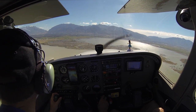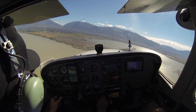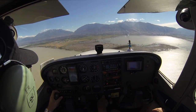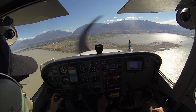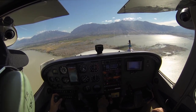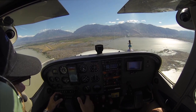Provo Tower, Cessna 9059er Sierra Papa, entering left base for runway 31 now. Sierra Papa, runway 31, cleared to land. Winds 120, or correction, winds 310 at 11. Roger that, cleared to land runway 31, 59er Sierra Papa. Okay, so when you're coming into land...